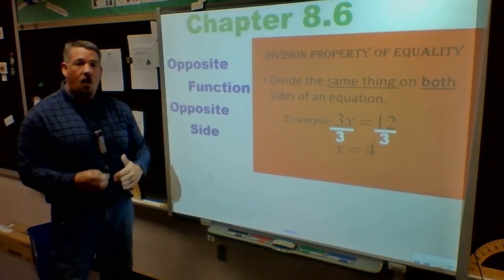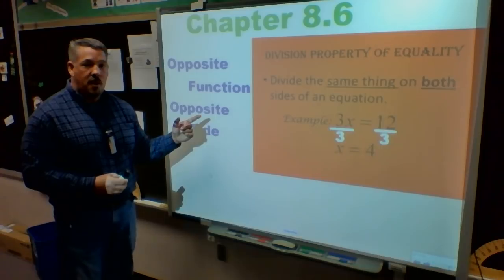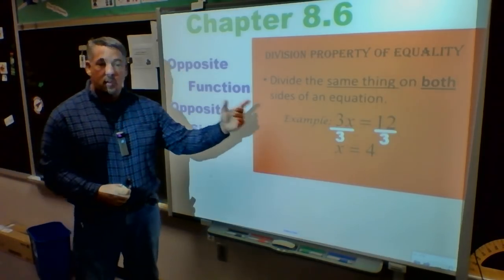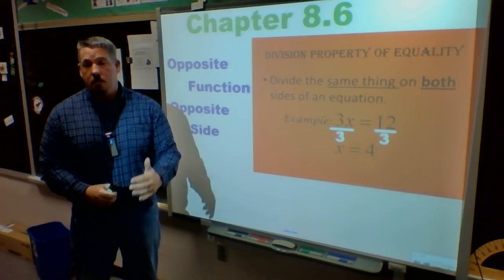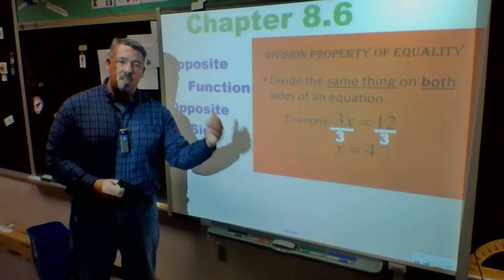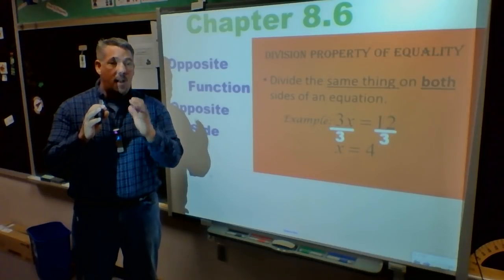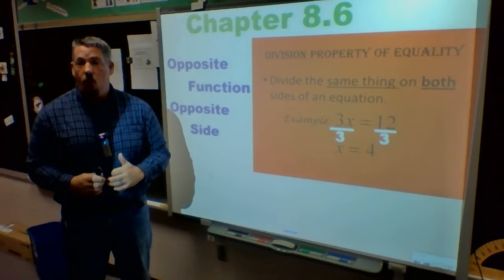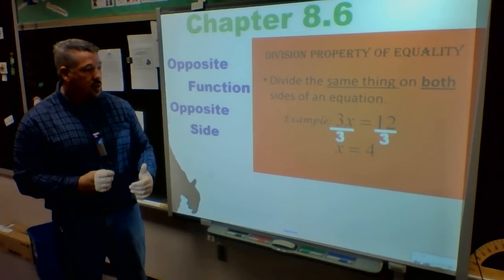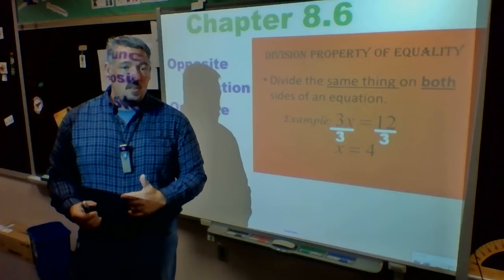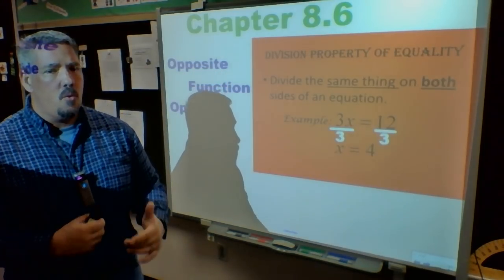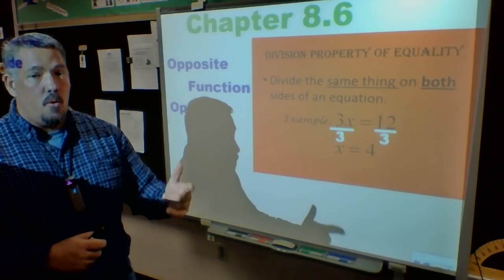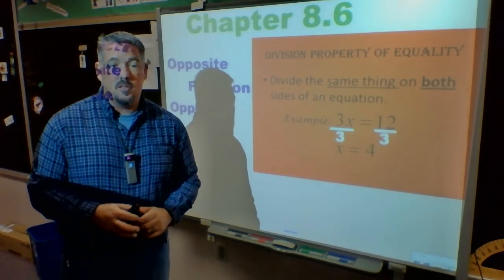So this lesson is all about just taking the same steps that we have done now for the 6th video and applying it to multiplication and division. I do the opposite function on the opposite side. So if you put O and F, then an O and an S, those should help you remember what those steps are. If you have any questions, please come back and ask. If there's anything that you didn't get caught up with, you weren't paying attention, you got a little lost, a little daydreaming here and there, then rewind the video and watch it. I'm here to answer your questions if you do have them.